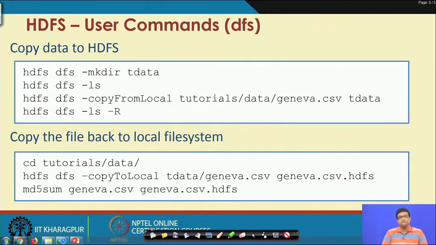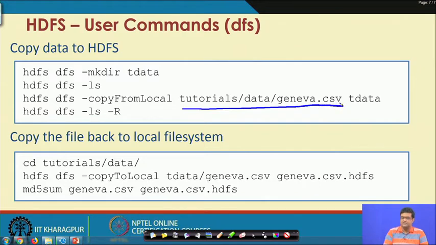Similarly, you can use, for example, -mkdir, which is similar to the mkdir command in Unix. And one of the important tasks is to copy data from the local disk. So, you are logged into a Hadoop server with an account on one of the machines, and in the local file system of this machine, since you have an account, you may have some data. So, let us say this data is called